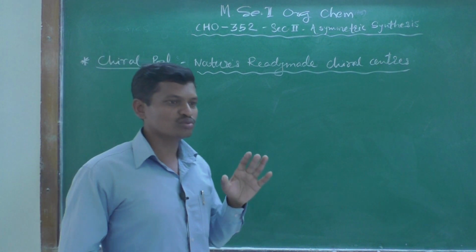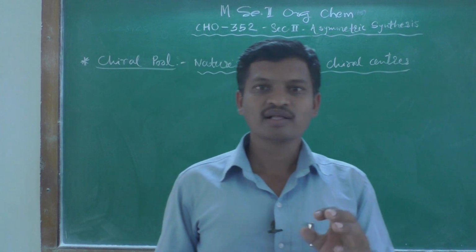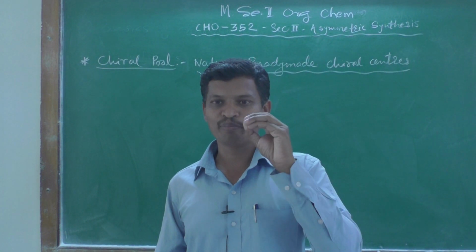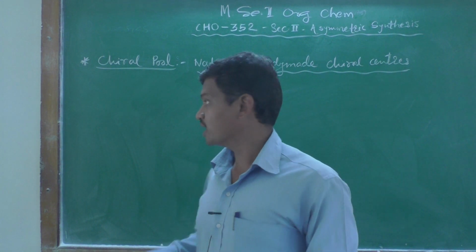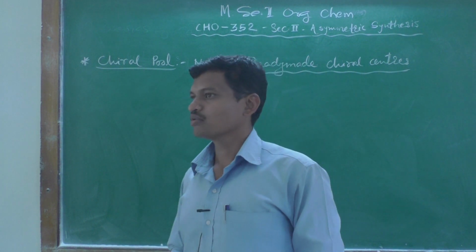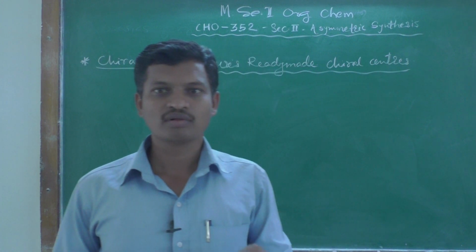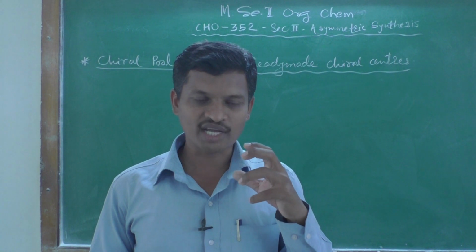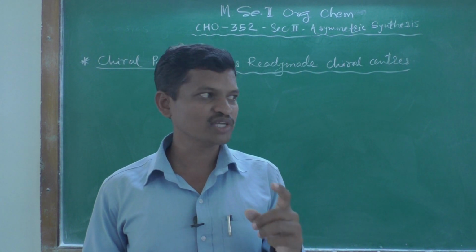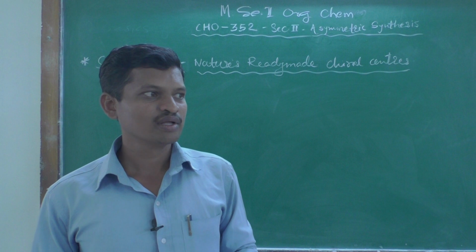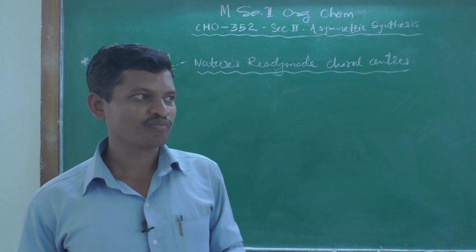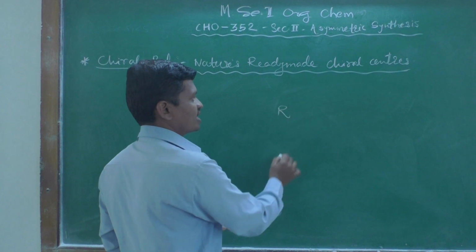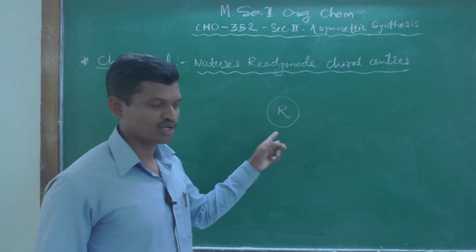If we have to synthesize a molecule which has a fixed stereochemistry, let us say a molecule which has only a single chiral center in its structure, and if we have to synthesize the R isomer of a particular compound,